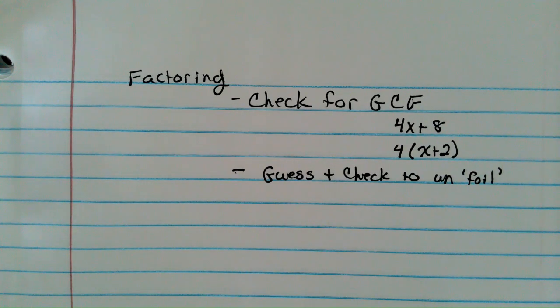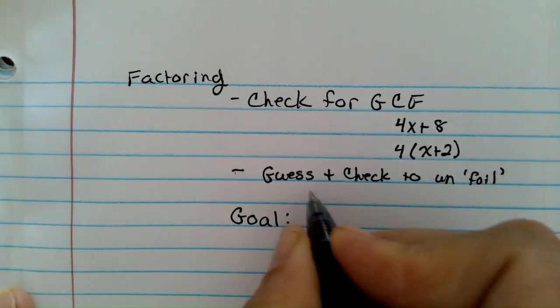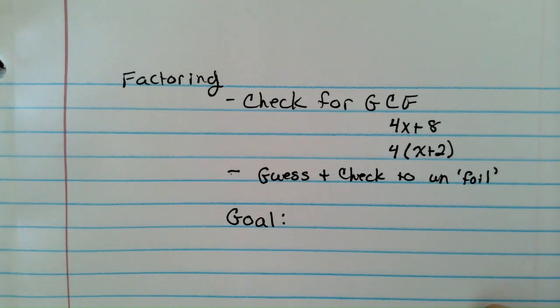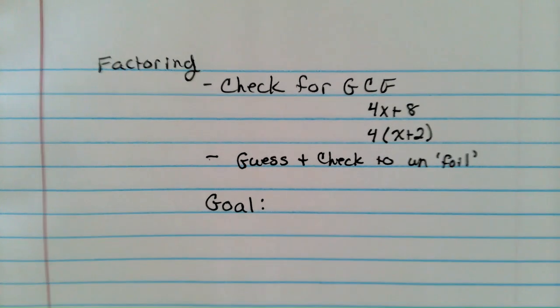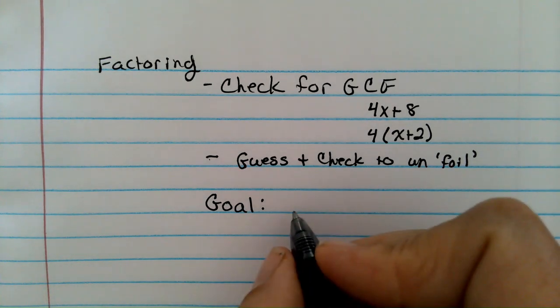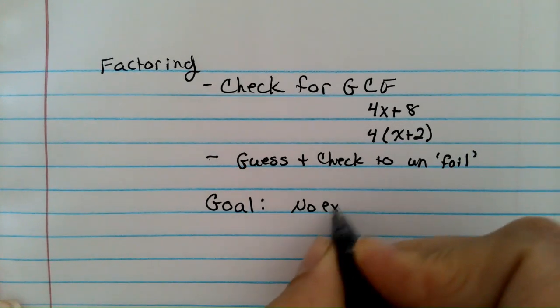So if you don't get enough in this video, go check those out. By the way, guess and check is going to be your fastest way if you're comfortable with factoring. And you need to get to that point with your college math so that it doesn't take you too long on your exams. Your goal is to have no exponents